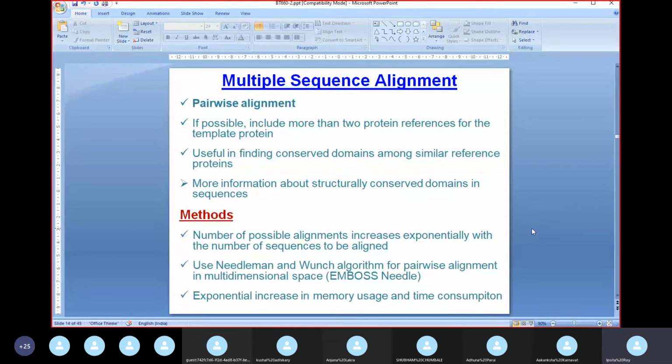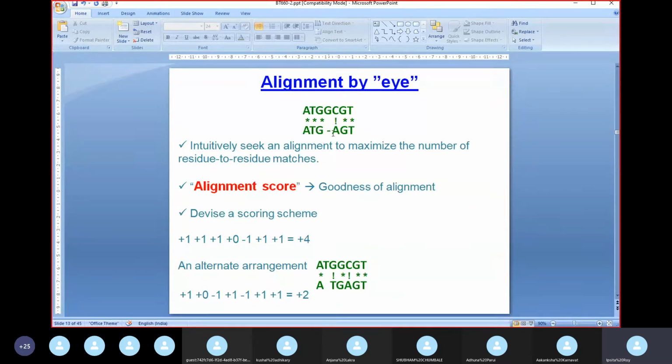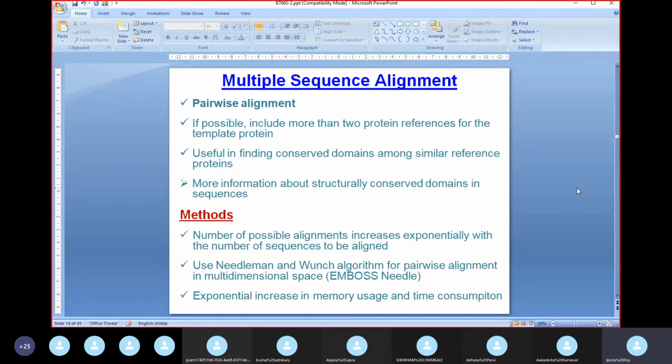So multiple sequence alignment. These are the algorithms. This is what I do by eye, which I cannot do when the sequence length increases. So I take the help of algorithms, and these are all algorithms that are already there in EXPASY that we looked at yesterday. So if you go to EXPASY, you will be able to find them, and there are other tools obviously as well. But this EMBOSS Needle that we are talking of here is a part of it. Other MSA tools are also there.